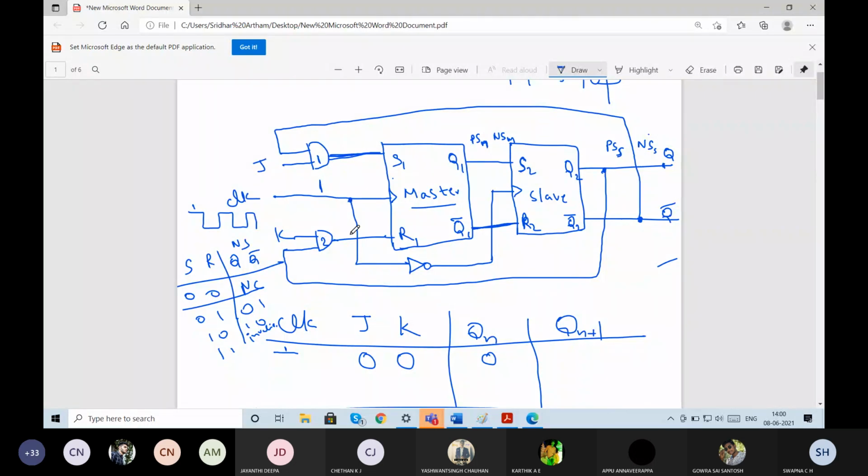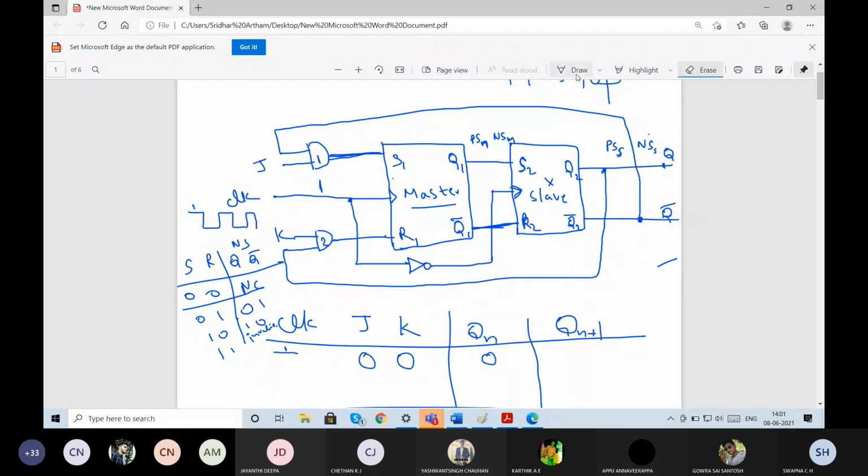When it comes to the slave, the clock is connected through the inverter here. Since the slave clock is connected through the inverter, what happens to the output of that? It will become 0. So 0 is given as clock to the slave. What happens to the slave? The slave will become inactive. Inactive in the sense it will hold the same values as the master. It will not act on the Q1 and Q1 bar values. It will not change its state. It will remain in the same state. Whatever master values it had before, it will hold the same state. That is what it implies.